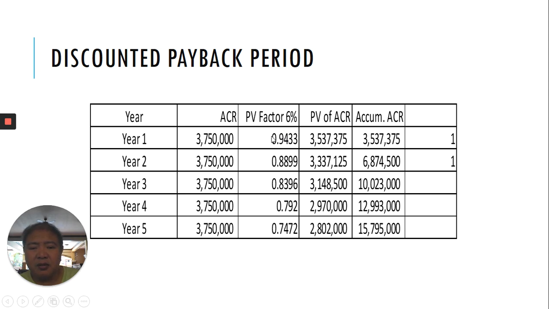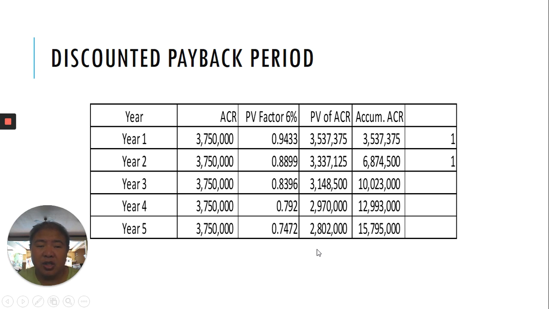So this is the present value factor, and then multiply the annual cash return with the present value factor for year one, and you get the present value of the annual cash return. Same is true with the rest. So just discount all of these with the present value factors, then you get the present value of annual cash return. Now again, since the values are not the same, we cannot make use of our